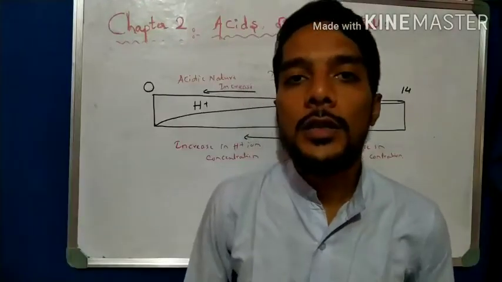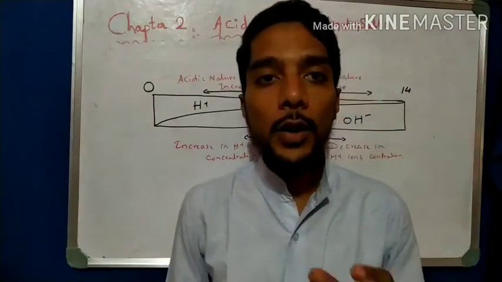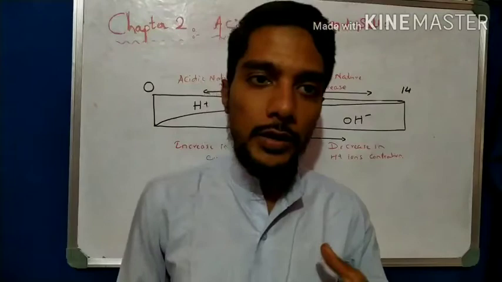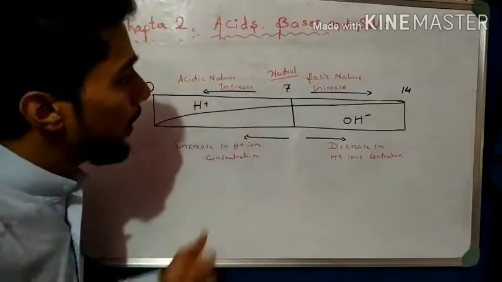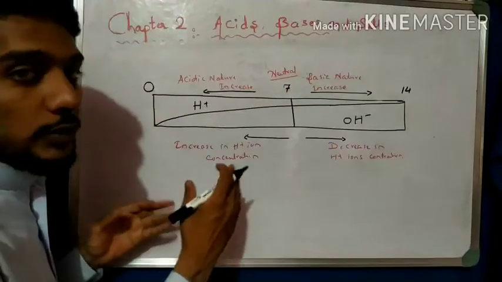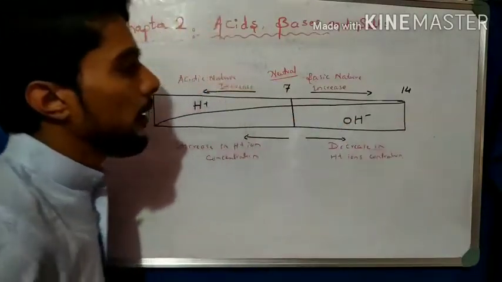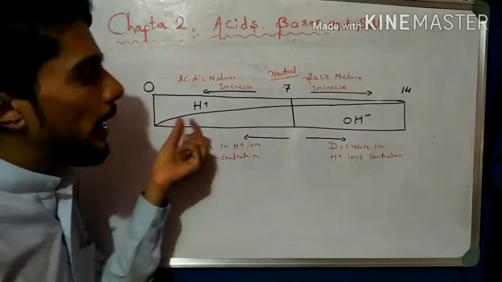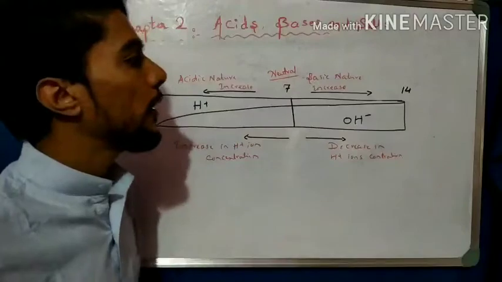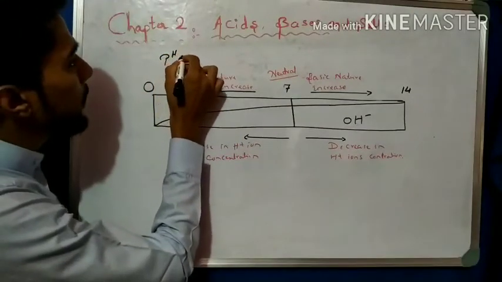Now students, take this pH scale and understand how to read it and what mechanism the pH scale involves. Here, the pH scale rough picture is there from 0 to 14. This is the scale range. The scale starts from the number 0 and ends with the number 14. So this is the pH scale.